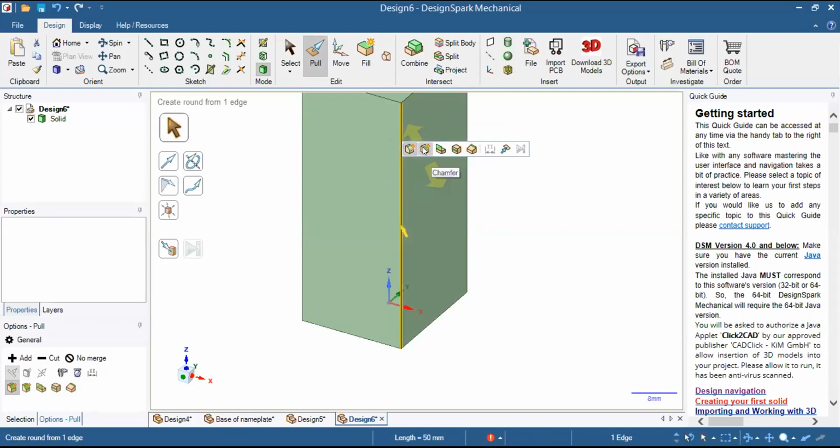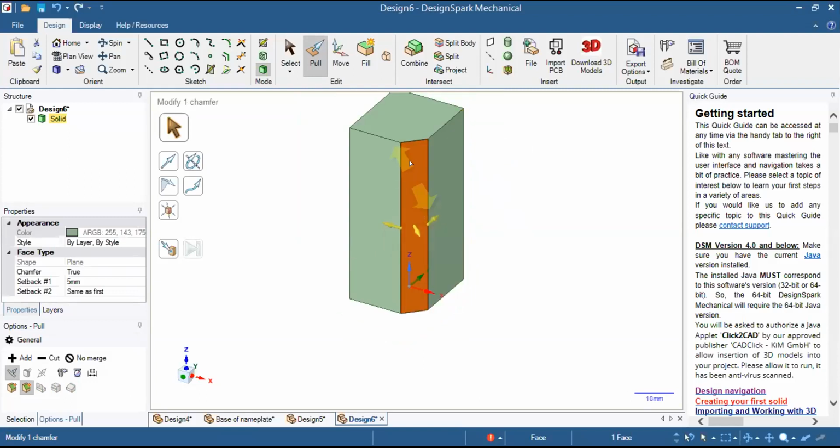So I will select chamfer and choose the size of the chamfer I want. Maybe a 5 mm chamfer. You can see a chamfer has been created on this edge. It is as simple as this. If you still have any doubt, please feel free to ask. This is the concluding session, and it's a humble request that please don't carry any doubts away with you. It's your time. You can ask any doubt you have in any design or any command.